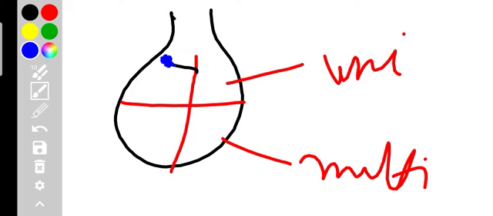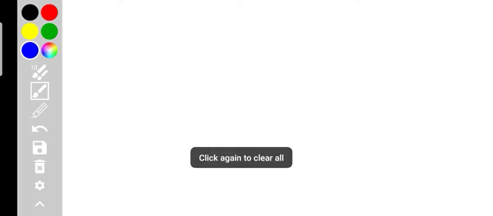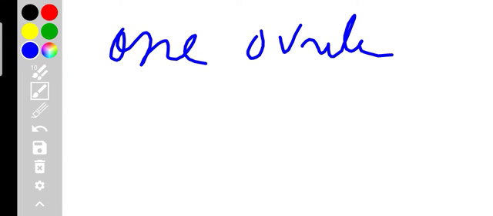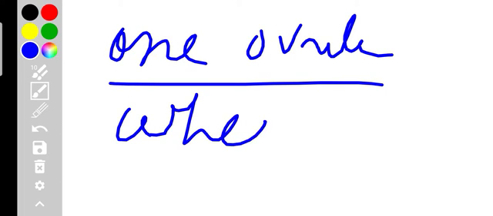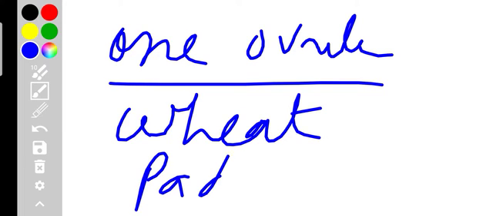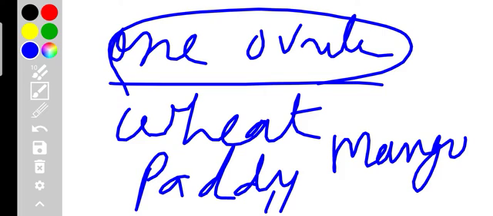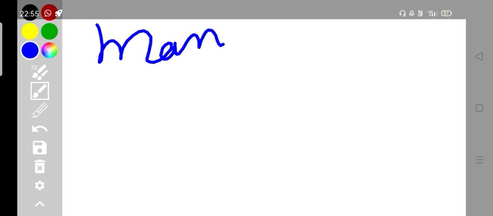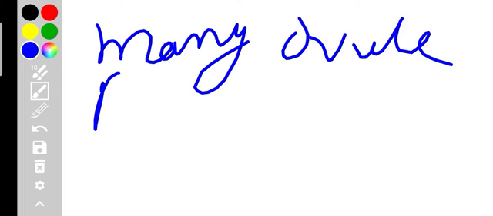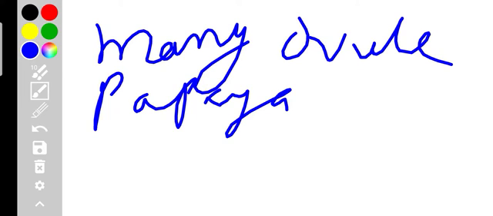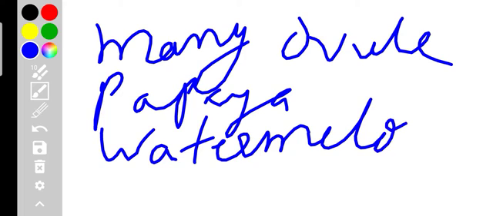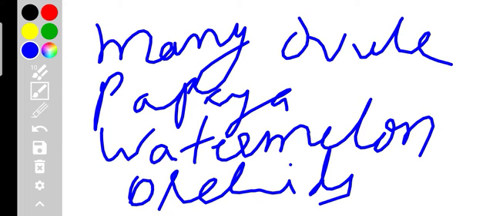Ovary may have one to several ovules, एक से ज़्यादा ovules ओवरी के अंदर प्रेजेंट हो सकते हैं, राइट। वन ओव्यूल किसके अंदर प्रेजेंट होता है, कौन से प्लांट के अंदर सिर्फ ओवरी में वन ओव्यूल प्रेजेंट होता है। तो यहाँ पे वन ओव्यूल वाले एग्जांपल हैं वीट, फिर पैडी, मतलब दे आर टॉकिंग अबाउट राइस, एंड मैंगो। इन सब के अंदर ओवरी में देयर इज़ अ प्रेजेंस ऑफ ओनली वन ओव्यूल, ओके। एंड मल्टी ओव्यूल मतलब सेवरल ओव्यूल्स आर प्रेजेंट विदिन द ओवरी। सो मैनी ओव्यूल्स किसके अंदर प्रेजेंट होते हैं, तो हियर इज़ द एग्जांपल लाइक पपैया, वाटरमेलन एंड ऑर्किड्स। इन सब के अंदर देयर इज़ अ प्रेजेंस ऑफ मोर देन वन ओव्यूल्स।